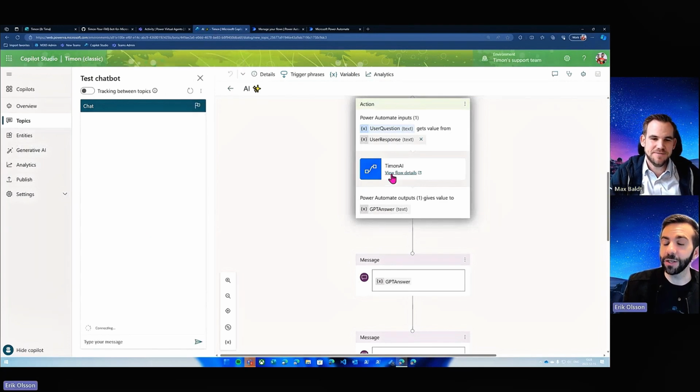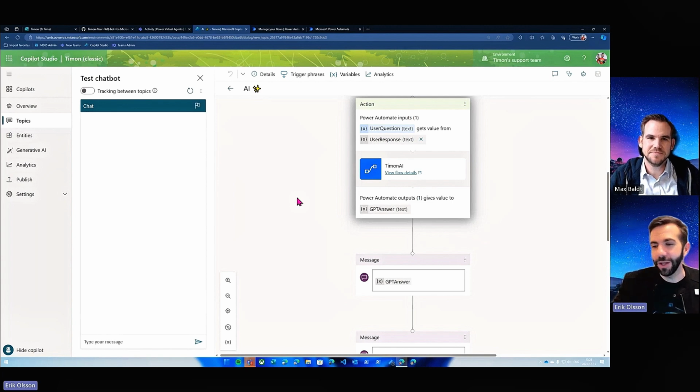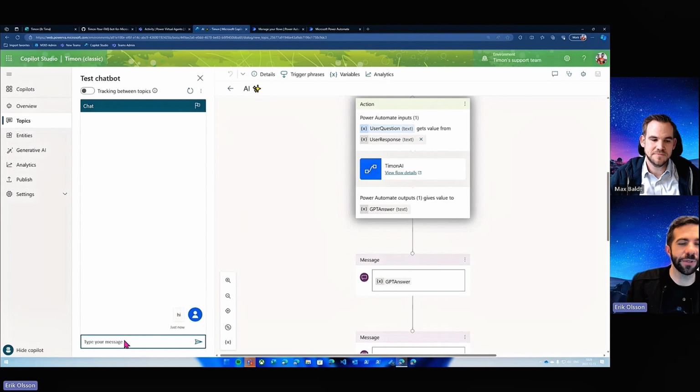So now we've actually provided our own private Azure OpenAI model. You saw that you could choose whichever one you like. As new models come out, you can just switch the model if you want to. It's actually very, very flexible. So if we say hello here,